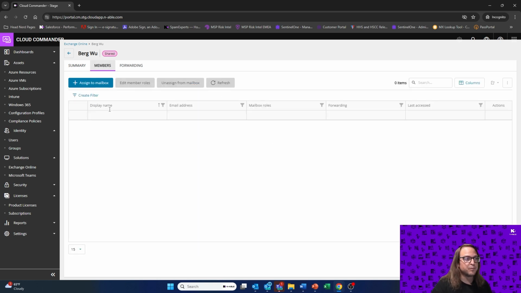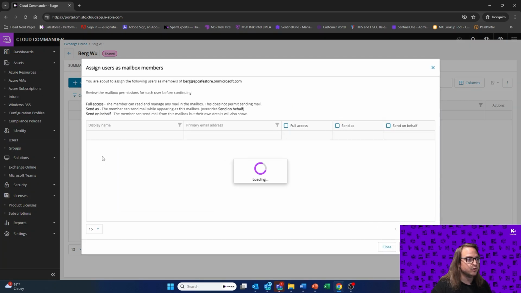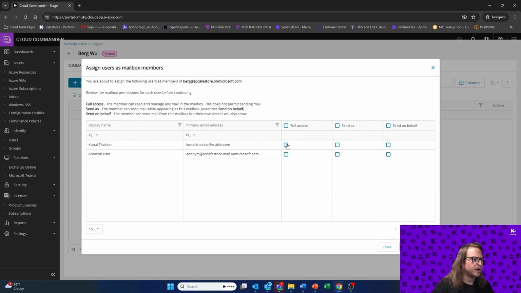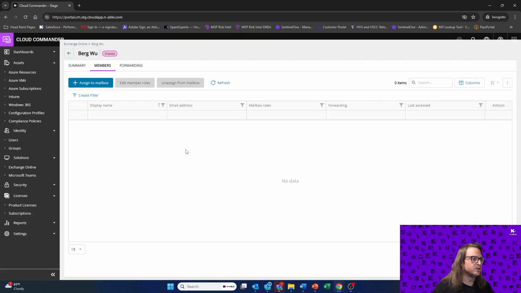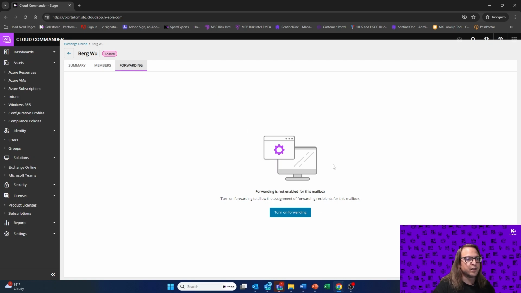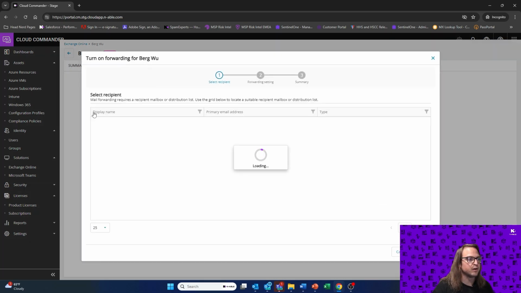We'll see members we can assign the mailbox to with a quick and easy checklist that we're able to look at accessing. So quickly I can come in and say, Kanal here can get full access. The anonym user gets send as access. We'll go ahead, click assign, and we'll be able to move forward. For anybody who's already a part of this list, we'll be able to edit those roles or unassign from the mailbox. We can also turn on forwarding directly from here,